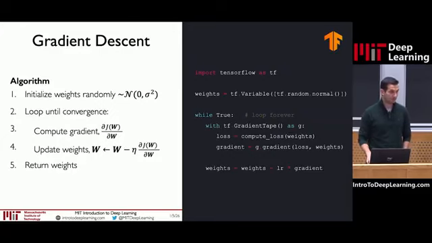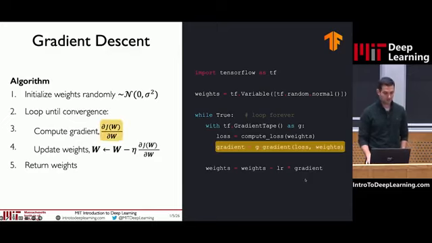In code, this also is doable. We can do this in a while loop, where we compute the loss. We can compute the gradient of our loss with respect to our weights, and then compute that same update formula again. Now, a very important line here is this term right here, the gradient. I glossed over this point, but the gradient is a key part of this algorithm, because computing this tells us exactly how to update our weights on every iteration, but I never actually told you how to compute this.